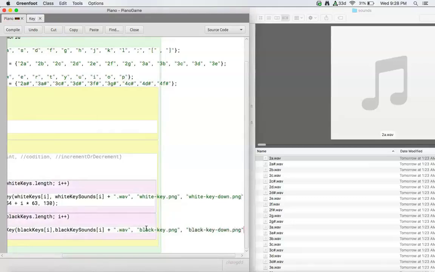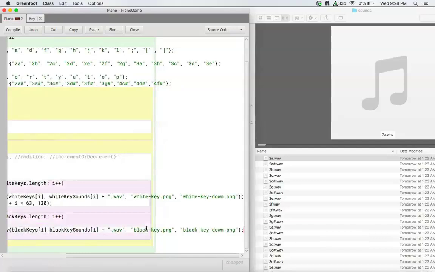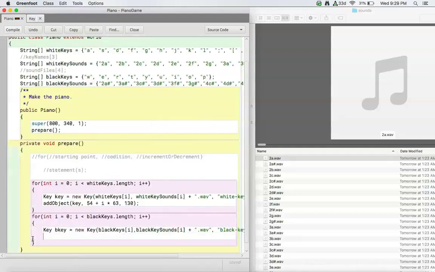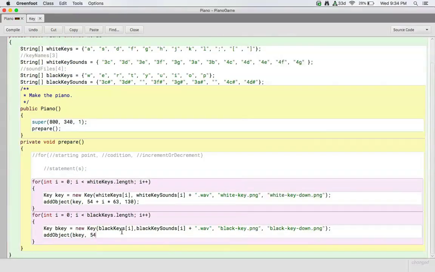Quotes, parentheses, semicolon. Okay. So we've created it, but now we need to actually add the object in. Similar to what we did here: B key, comma. And we're going to add it at 54 plus i times 63. We're actually going to start at 86, not 54. Comma 86 here as well